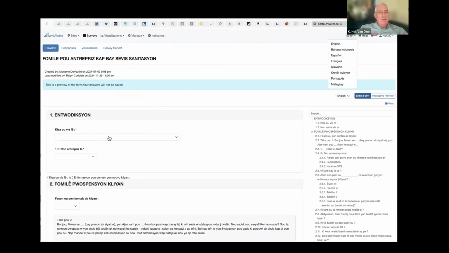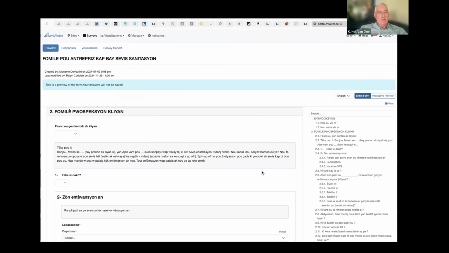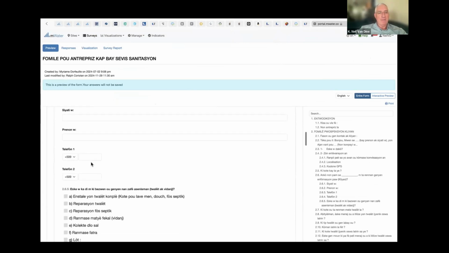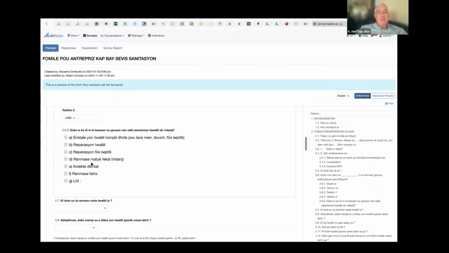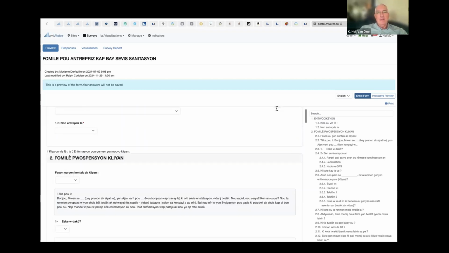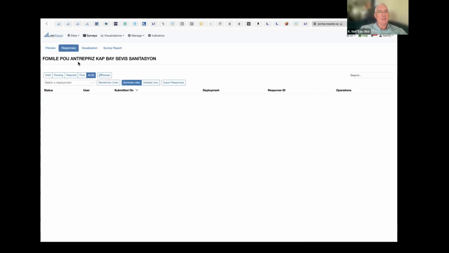You basically just type in your question and decide what kind of question you want to have. This is an outline of the questionnaire. For everything, you can get GPS coordinates. You can have them pick it using a map. You can have them take pictures. You can have conditional responses that you create. And this whole survey was created in English, but you can pick the languages. You can create translations of languages. And visualize this. I can see all the responses that have come in on this one or that one.